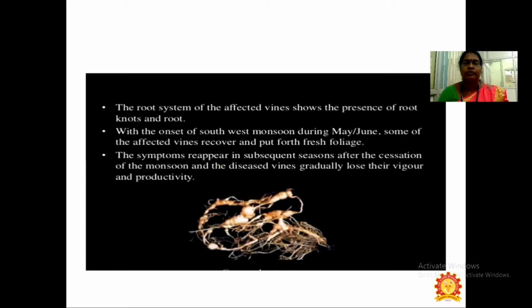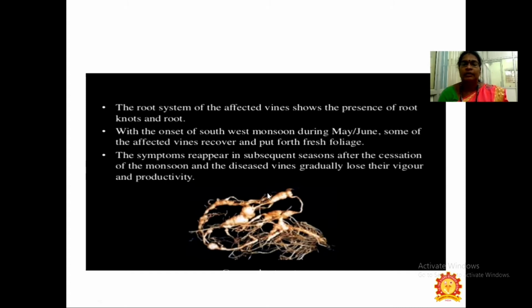The root system of the infected vines shows the presence of root knots and root rot. With the onset of southwest monsoon during May to June, some of the affected vines recover and put forth fresh foliage. The symptoms reappear in the subsequent season after the cessation of the monsoon, and the diseased vines gradually lose their vigor and productivity.